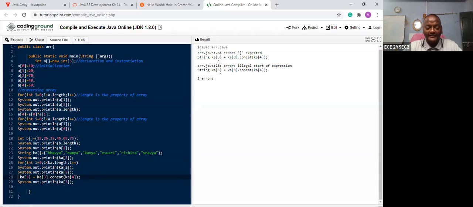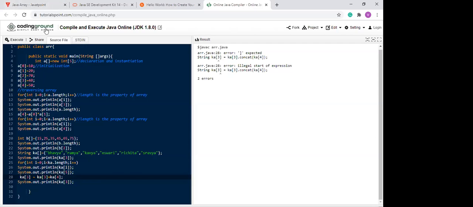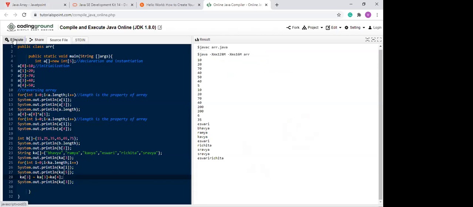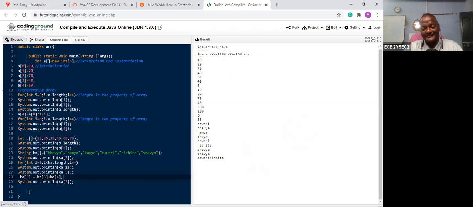KA[3] is equal to KA[3] plus KA[4]; Let us execute.